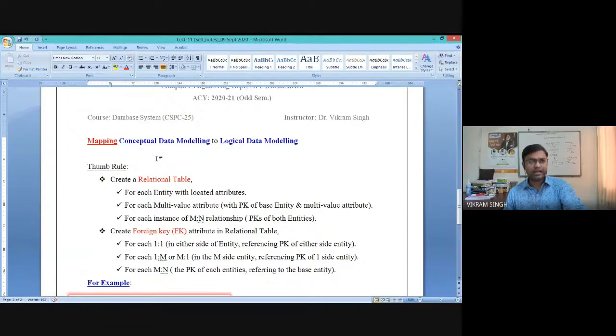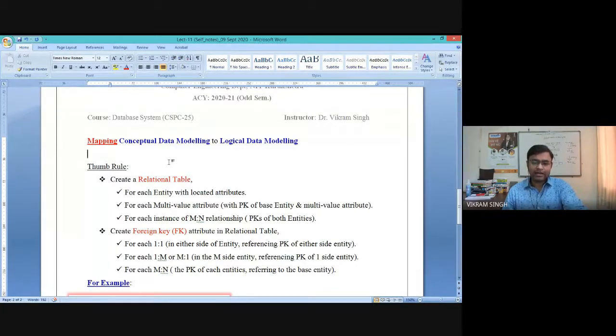With these details, how can you create the database, right? Whenever we are mapping a conceptual schema, or ERD, we need to map each and every part of the ERD to a logical schema or to a database, right?